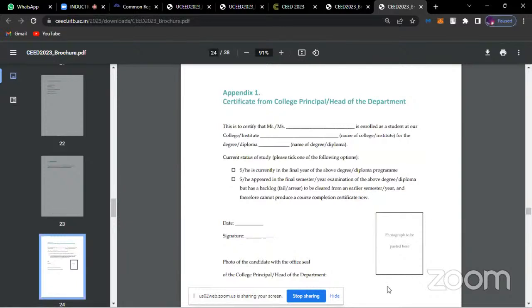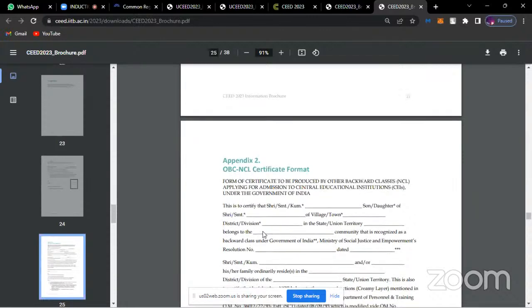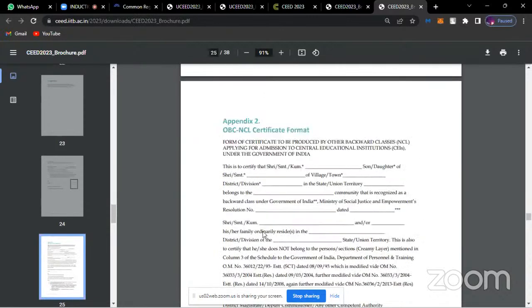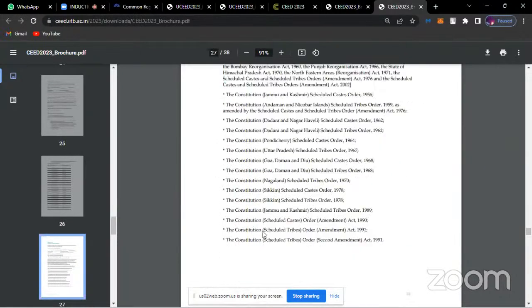Your photo should be attested, and your certificate should have a seal. After taking a printout, go to your college, get this process done, scan it in PDF format and upload it. The same goes for all the reserved category formats, so you don't need to worry about that.